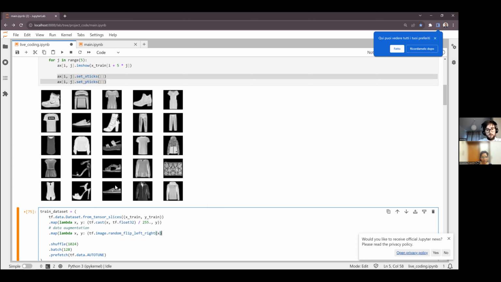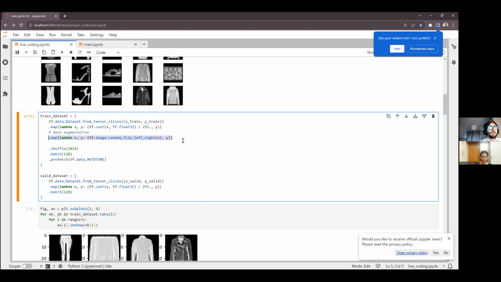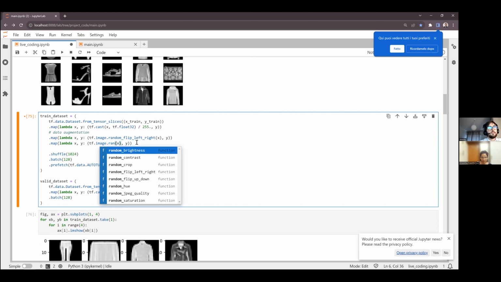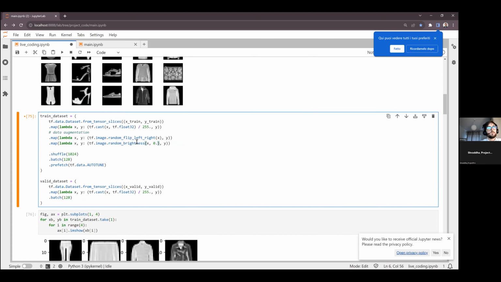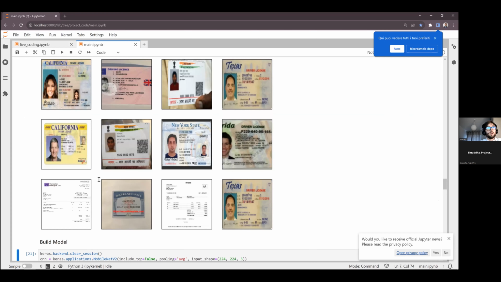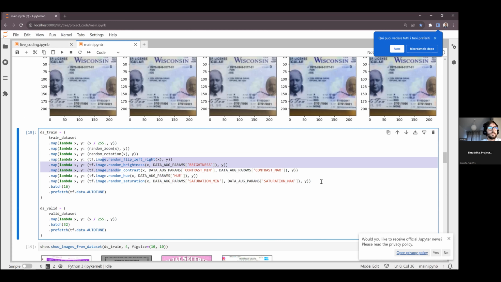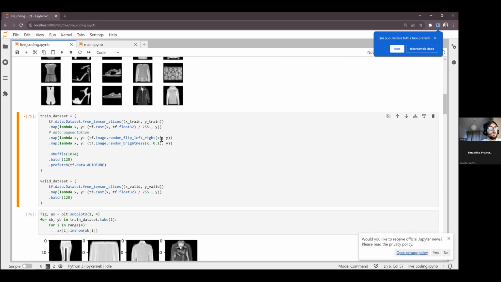Then again, I always want to keep my Y. We can add something else, maybe also, for example random brightness. I think we need to define how much we want to change. Let's say I did define the whole data augmentation pipeline in the code file for the course from Project Pro. You can see it here. Let's take all of this and discuss how this works.